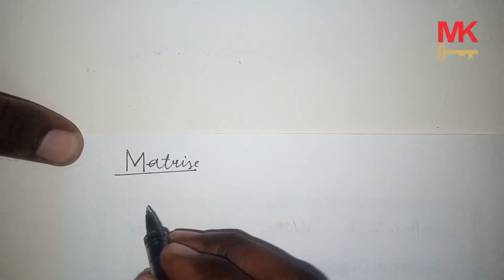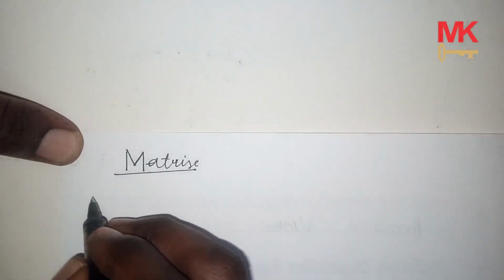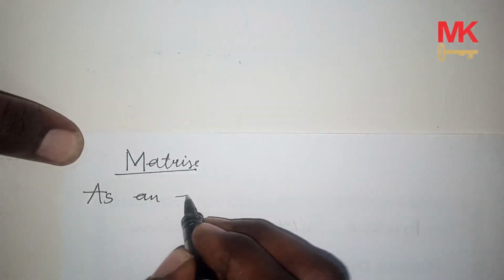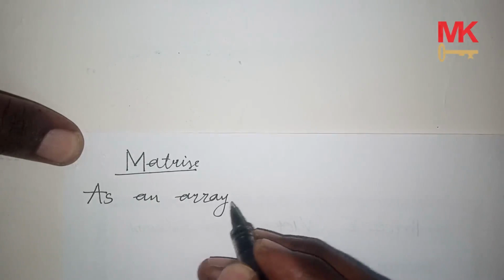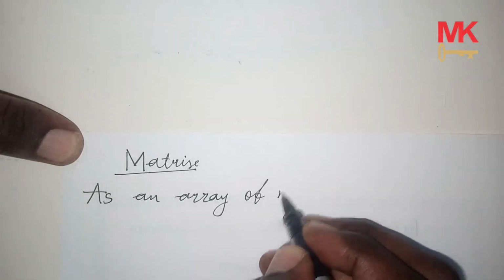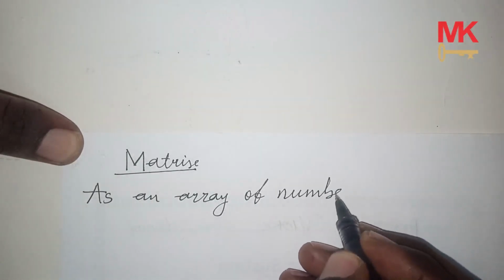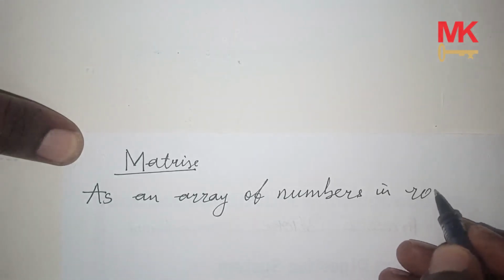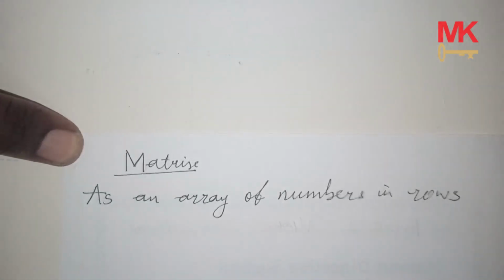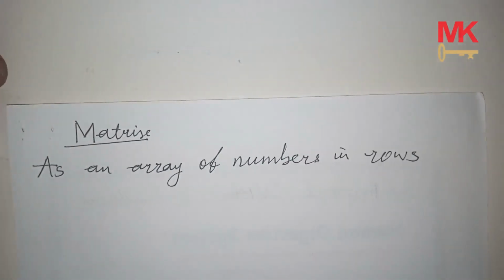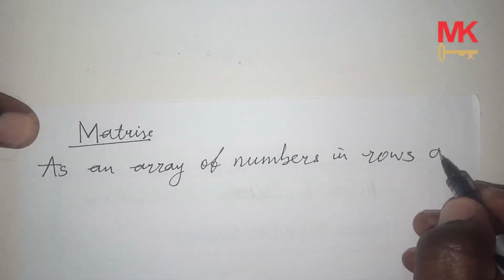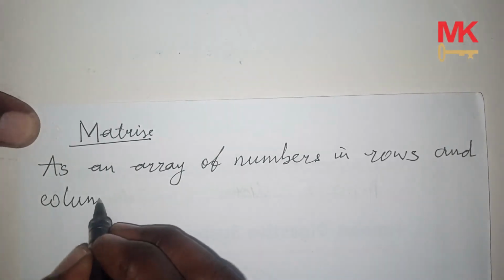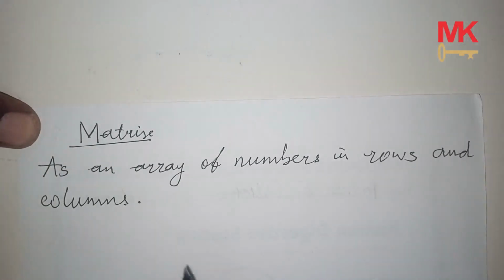So what is a matrix? A matrix is simply defined as an array of numbers in rows and columns. For example,